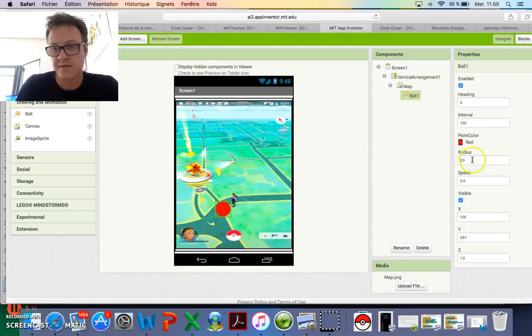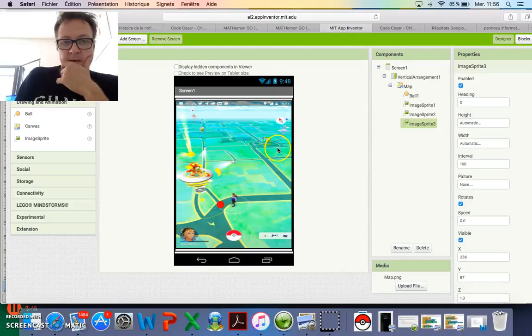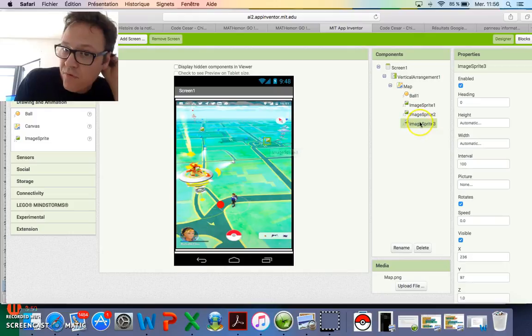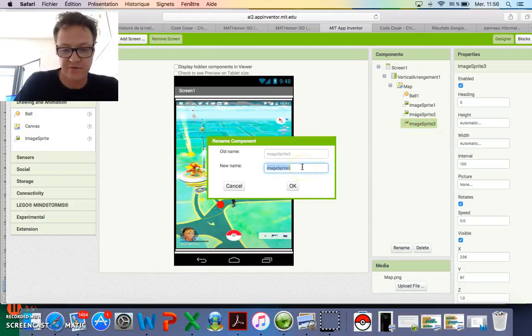Maybe it's too big, so you can say 15 or even 10, sorry. Okay, now we can add Pokemons, one on the arena, one here in place, and one here on the other place. So you can rename it, you can say here Draculus, for example,